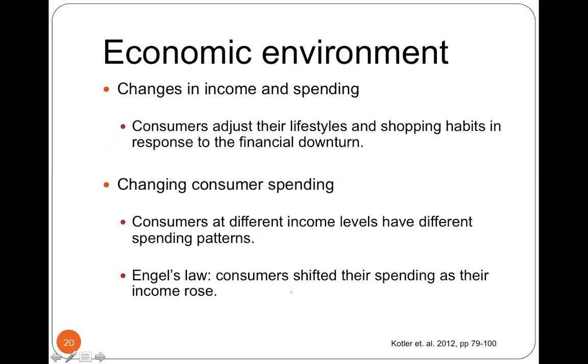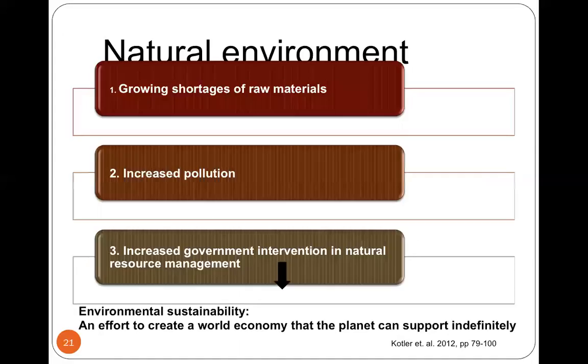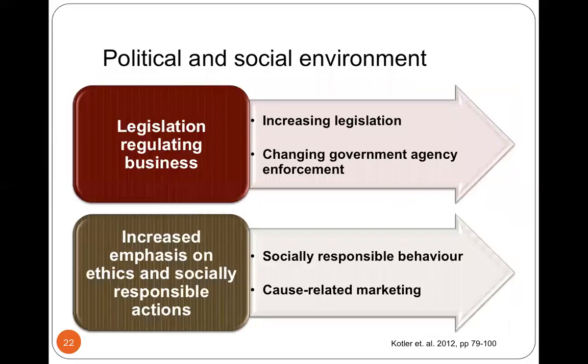Right. Economic environment, again, is about changes in income and spending, and I discussed with you the key economic indicators that you also need to look at. Income and spending power will affect our lifestyle, our shopping habits, our shopping patterns. So that's economic. Natural, there are issues that we talked about before. I'm not going to detail that. Now, political, again, is about legislation. You need to look at the regulation or legislation that has been introduced and what the effect is on our business.